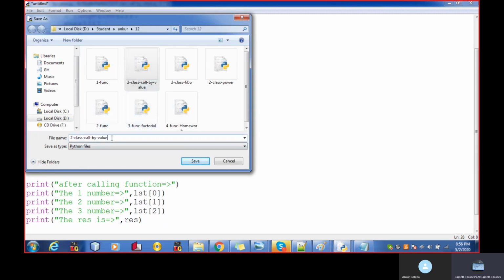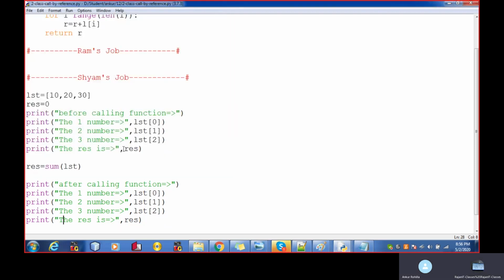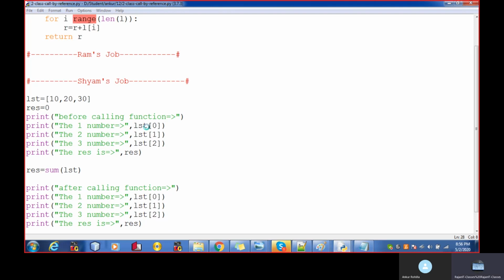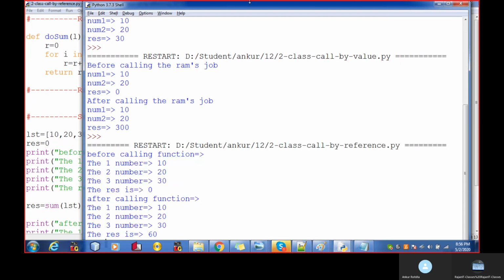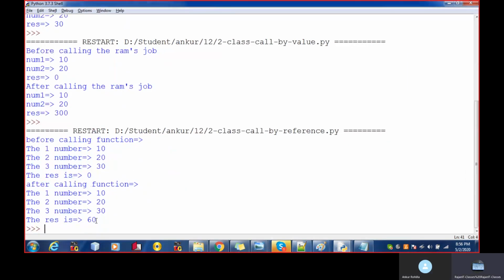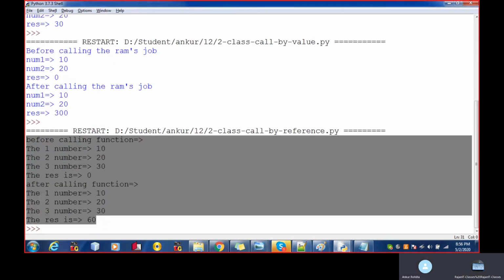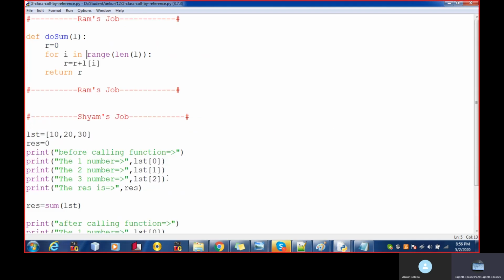So the second is the call by reference. See over here, right? Now I'm going to make some changes inside the function.